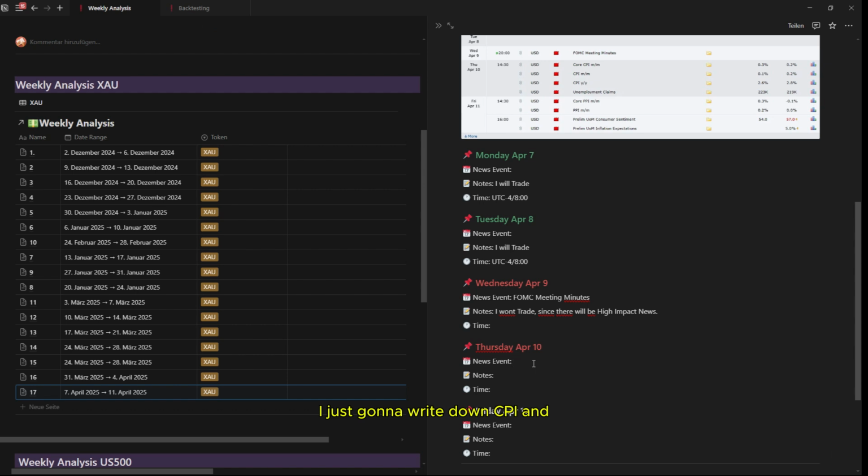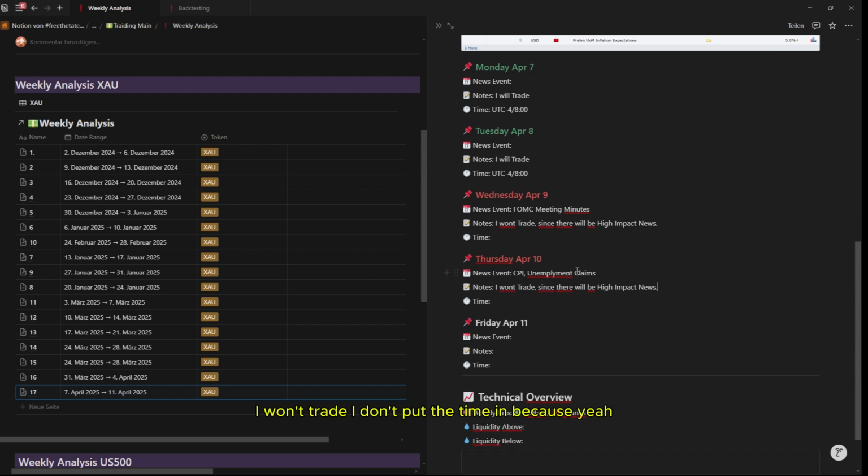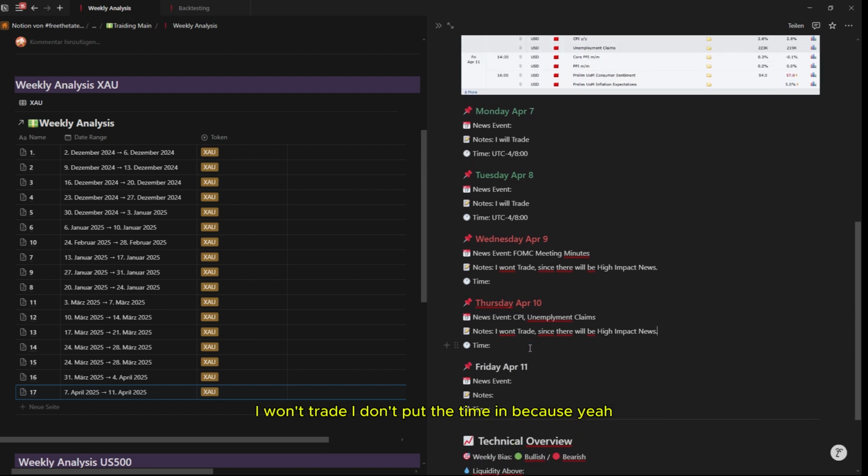I'm just gonna write down CPI and unemployment claims because I'm too lazy to write it all down and it's boring for you guys to watch, so just that. So yeah, notes, I just copied that again because it's the same, because there are high impact news I want to trade. I don't put the time in because, yeah, again,